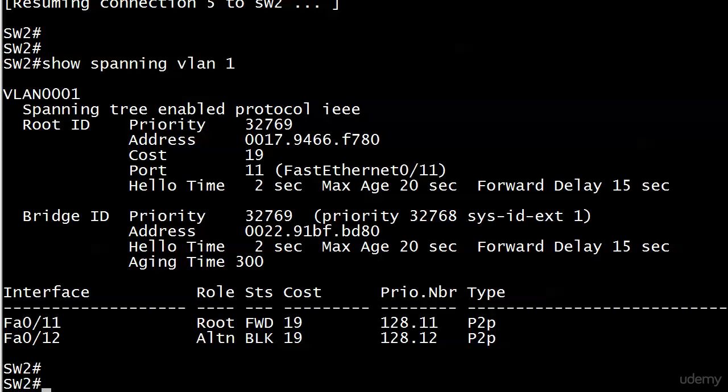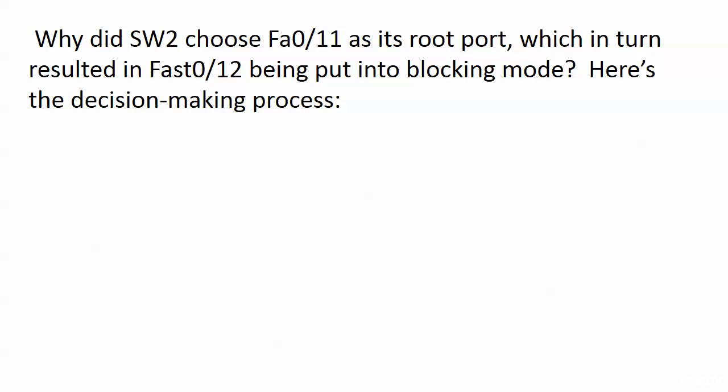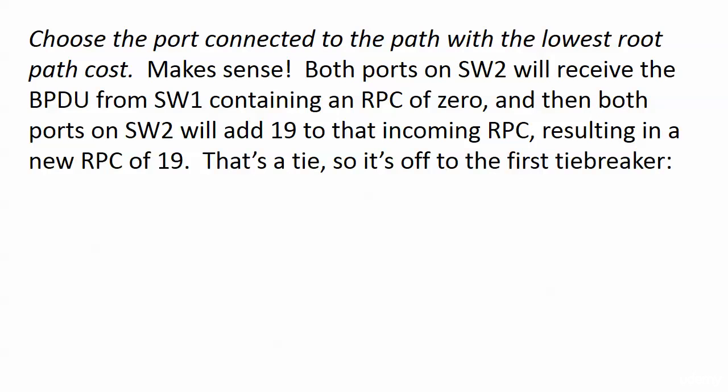There is an orderly decision-making process, and usually it stops pretty early because there are a couple of tiebreakers. But the very first criteria that's used is to choose the port that's connected to the path with the lowest root path cost. Makes perfect sense, right? And if we had multiple switches here going off perhaps in different physical directions, this would be the only criteria we even need. But the thing is, here, both ports on switch 2 are going to receive a BPDU from switch 1, because remember, just because a port is in STP blocking mode doesn't mean it can't receive BPDUs. It still can. So both of those ports on switch 2 right now are getting a BPDU from switch 1,